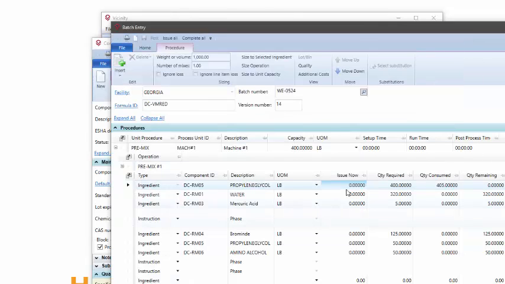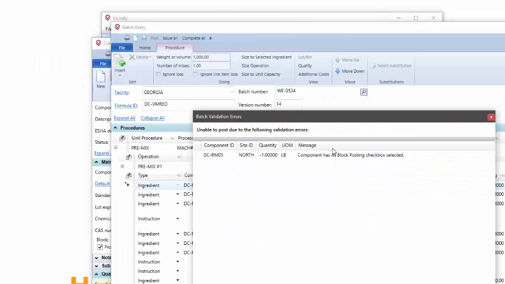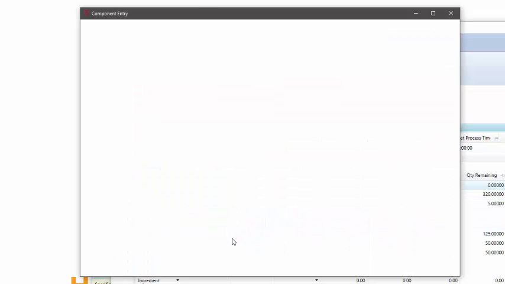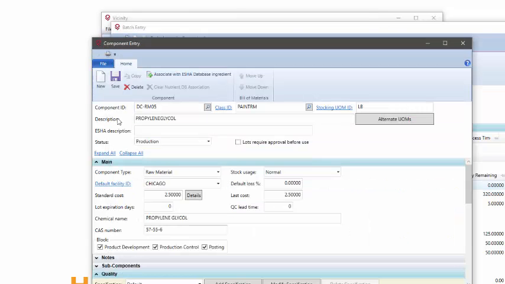Now, if I go one step further and mark that as blocked for posting, in other words, I can't post, then I come back to an existing item here, hit the post button, and it'll come back and tell me that this component has been blocked on the posting checkbox on the component setup screen. So if I need to really post that, I can go back to the component, select the item, and unmark the posting box, and I would be good to go. I actually reopened that screen. Here we go. So I can come back in here and unselect it, save it,